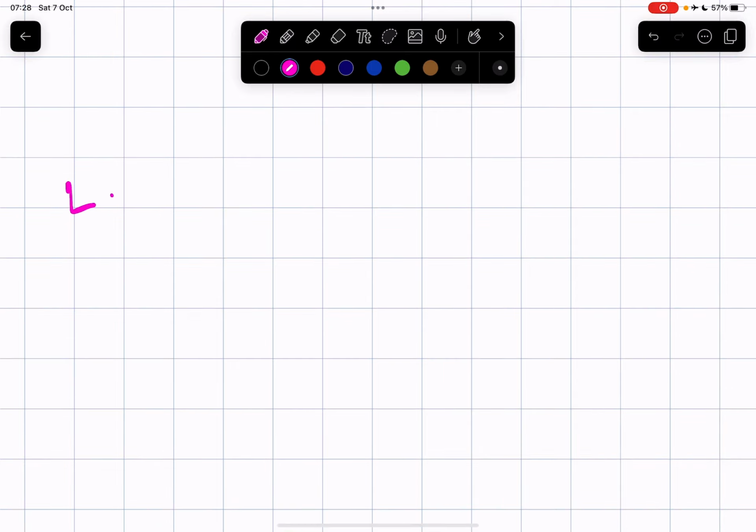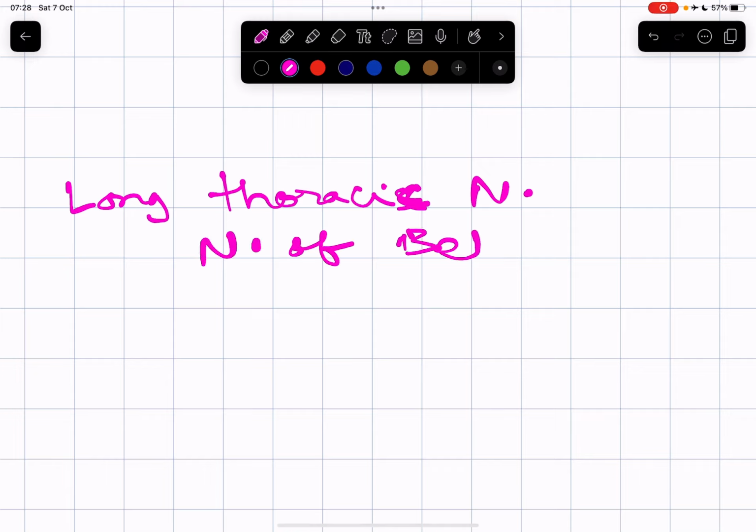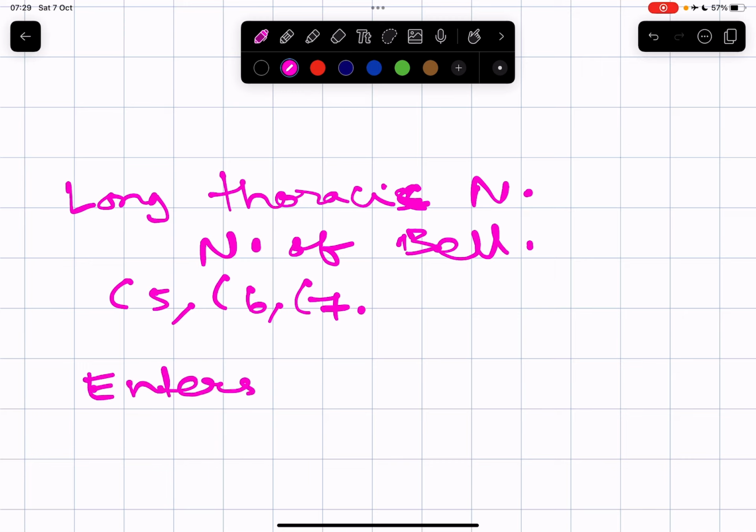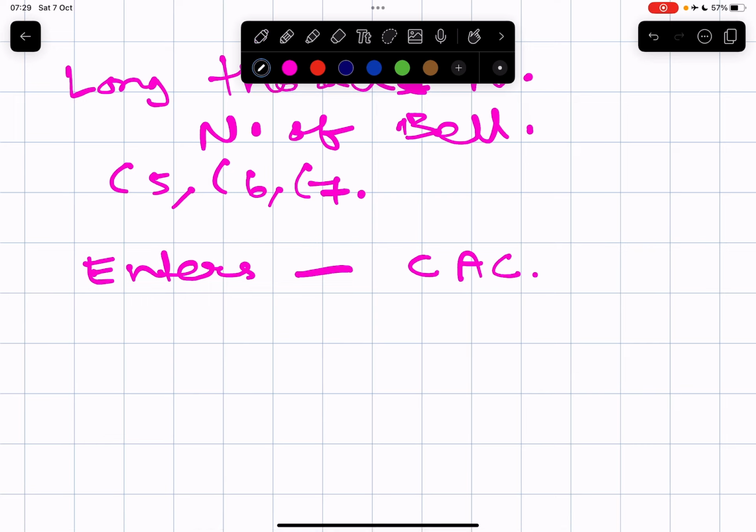So this is the nerve supply. The long thoracic nerve, also known as the nerve of Bell. The root values of this are C5, C6, C7, right? So this nerve enters the axilla through the cervico-axillary canal, which is the apex of the axilla, right, which is bounded by the first rib,